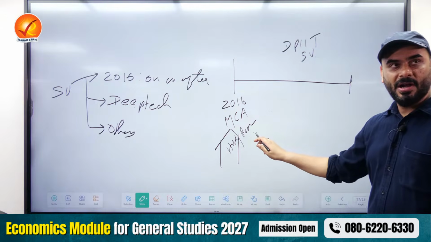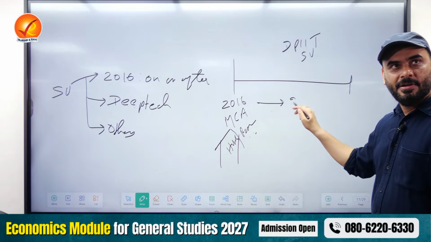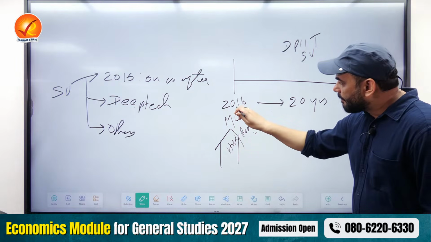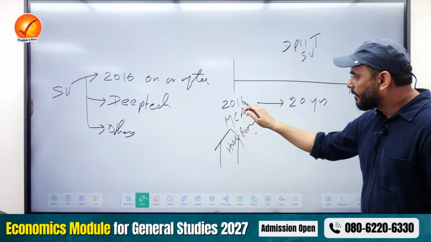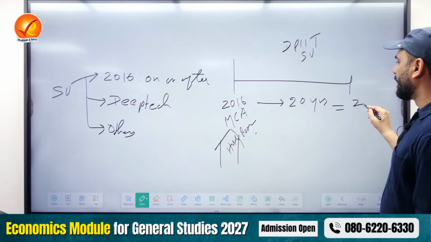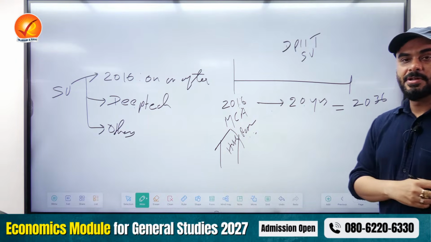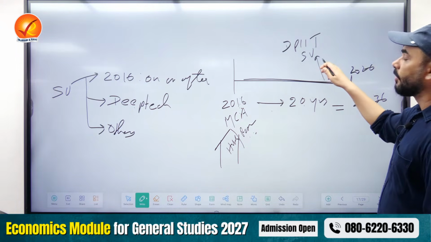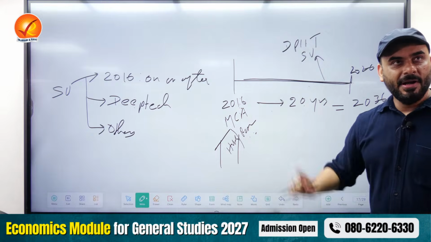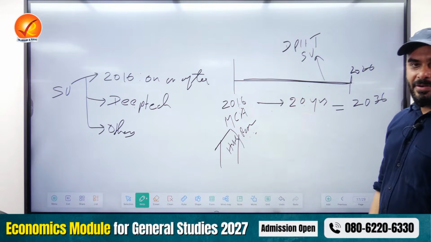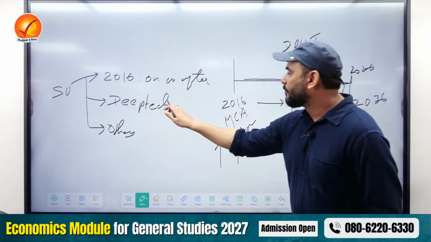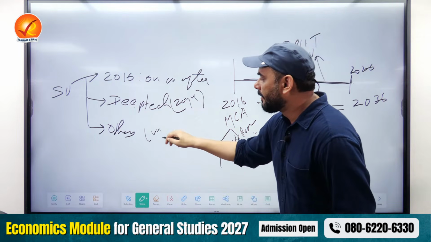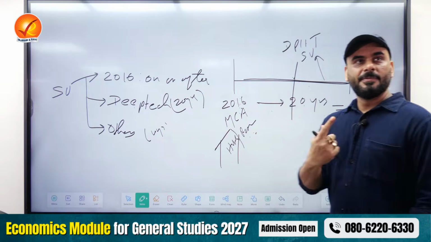So government says, if you are a deep tech, then how much time is given? 20 years. Which means if the company is established in 2016 and it's a deep tech, the government of India says, I'm giving you 20 years, which means till 2036. This is the year till which, if this company approaches the government and says, please call me a startup, it is eligible. But if you are not a deep tech, then how many years are given to you? Then only 10 years are given to you. So deep techs get 20 years from the date of registration to be a startup, others get 10 years. This is the new definition.